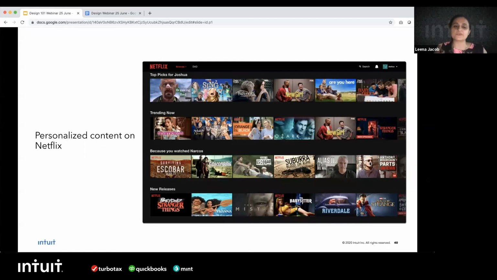One classic example of personalized content is Netflix. Their system and their algorithms are so strong that they understand and recommend what's relevant for you, based on what you have watched in the past. Another element of personalization they've brought in is that even the thumbnails are personalized. If they've learned that you watch movies with certain actors, they bring up thumbnails of those actors in scenes of other movies that they're recommending you watch. So this is a really good example